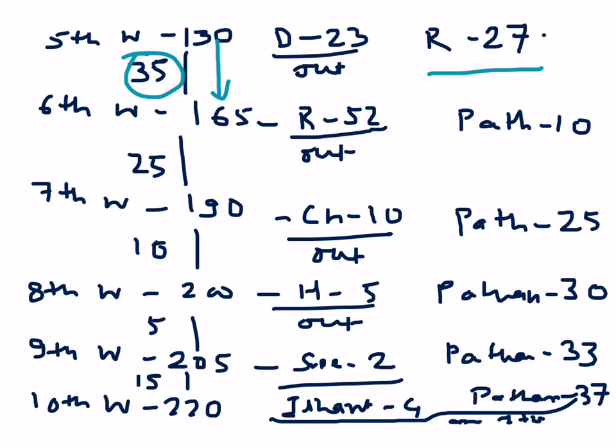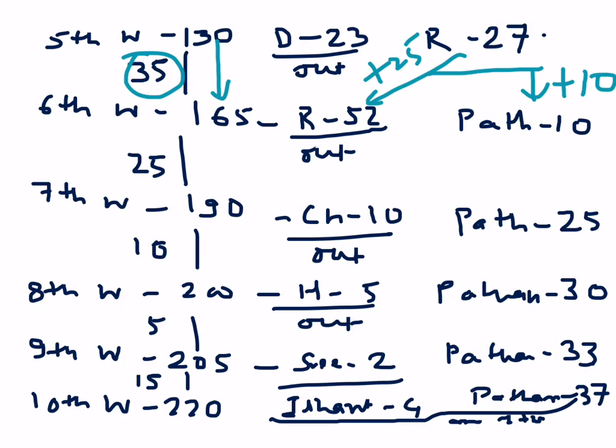The total increase is of 35 runs. So increase between fifth to sixth wicket is 35, and Pathan has come out to bat. Even if I give all the 35 runs to Pathan, Pathan won't be out because he will make 37 runs, the score at which he will be out. So I cannot make him reach 37. So that means that Rohit increased his score to 52 and got out. So his increase is by 25 runs, and the rest 10 runs go to Pathan. So Pathan has come out to bat at fifth wicket down and increases his run by 10 runs.